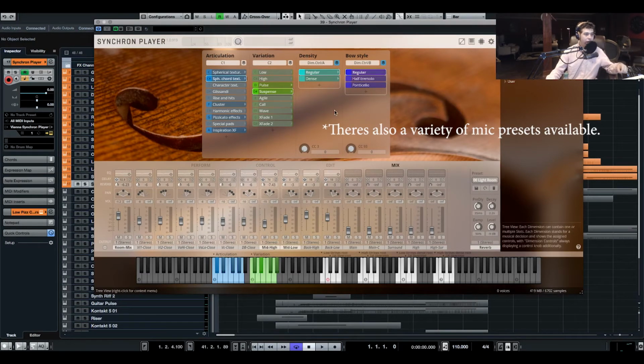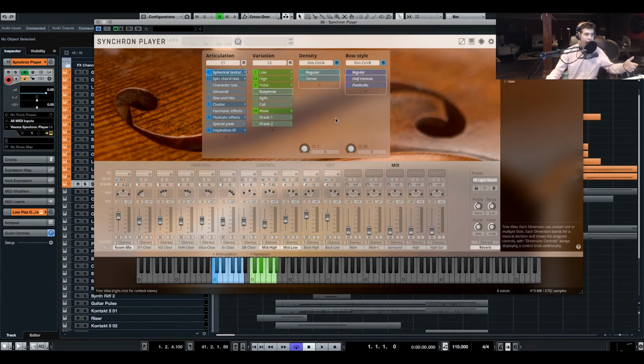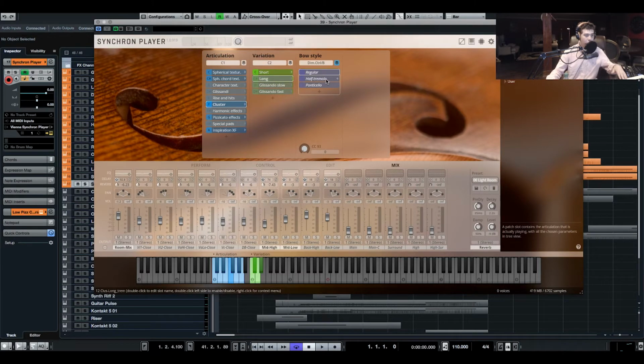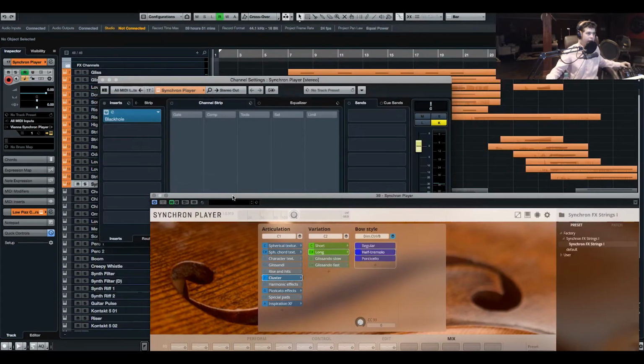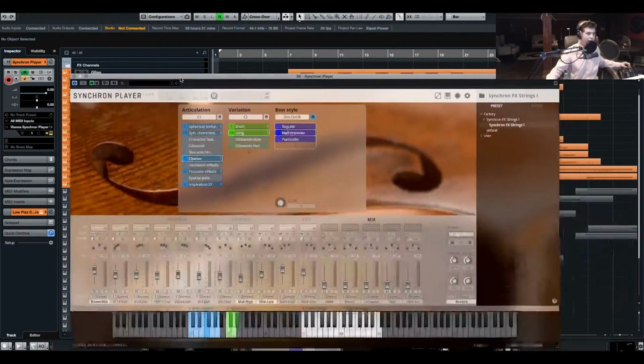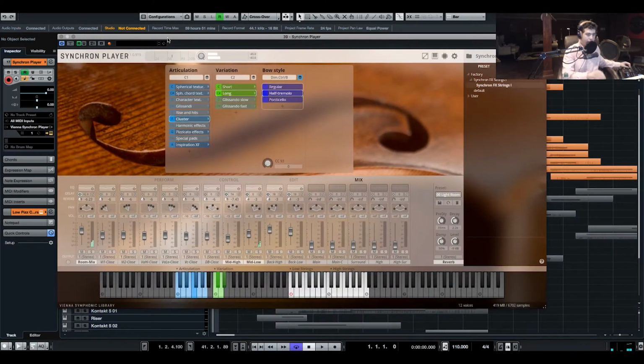And over here is where you're going to find all the different patches. If you click on one articulation, you have tons of different controls within that articulation. You have the different variations of that articulation, and then different variations of that. For example, if we wanted to pull up the clusters and click on the long, we'll have the different bow styles. Let's say we wanted to select half tremolo. We click the keyboard, it'll pop up, and let's turn all third-party reverb off so we can hear the natural sound of the instrument. So here is